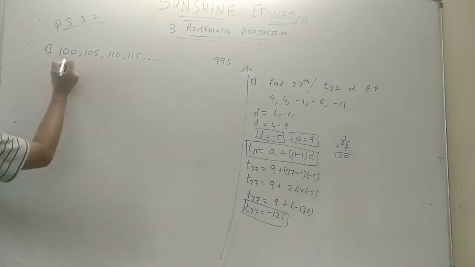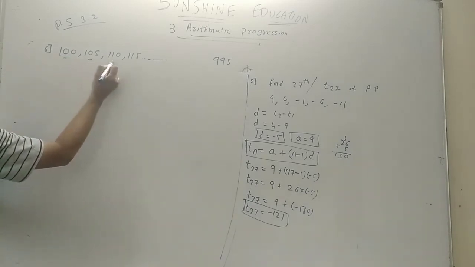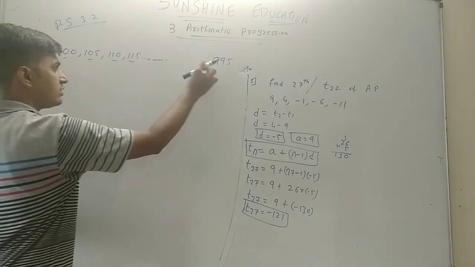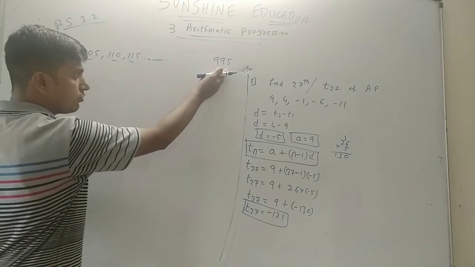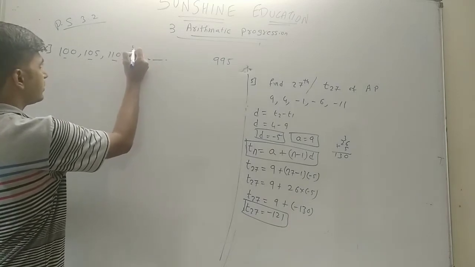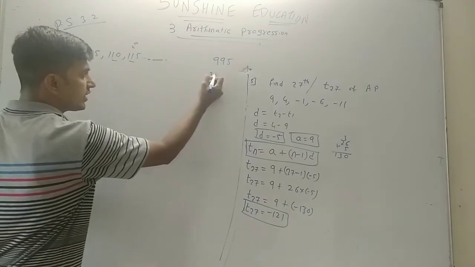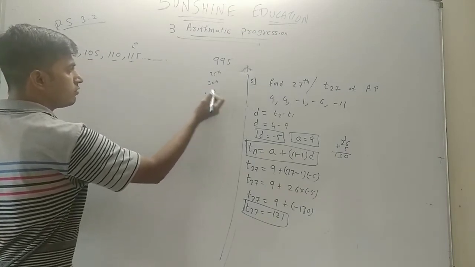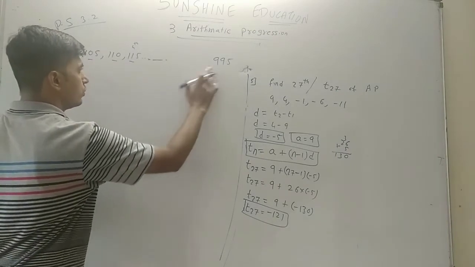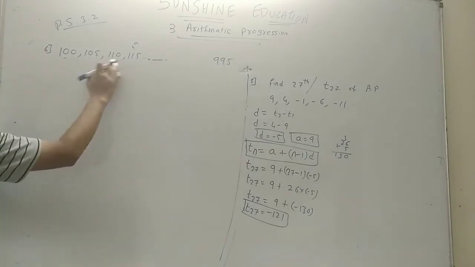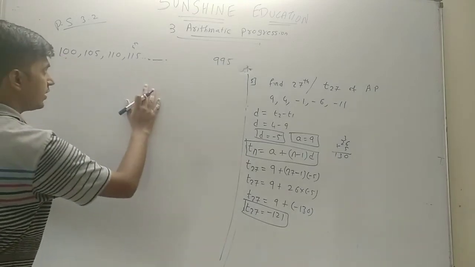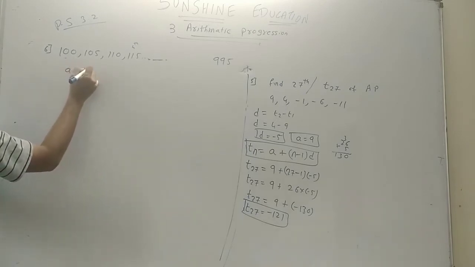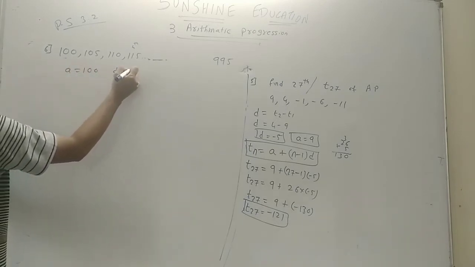First of all, see, this is the first term, this is the second, this is the third, this is the fourth. We can find the 5th also, but what is the rank of this? Is it 21st term? Is it 25th? Is it 30th? Is it 40th? We don't know its position. So first of all, to find how many 3-digit numbers are divisible by 5, write A is equal to 100 and the difference we know is 5.